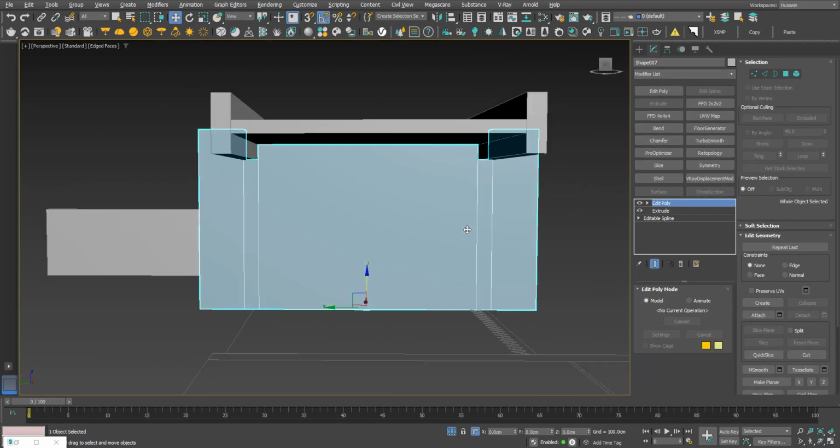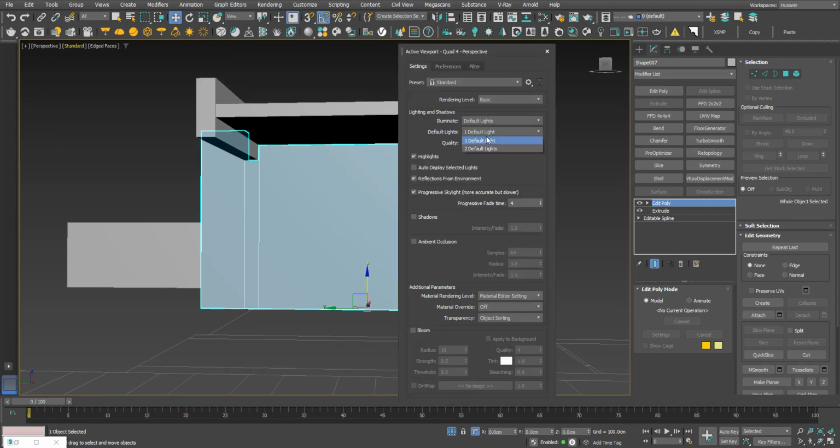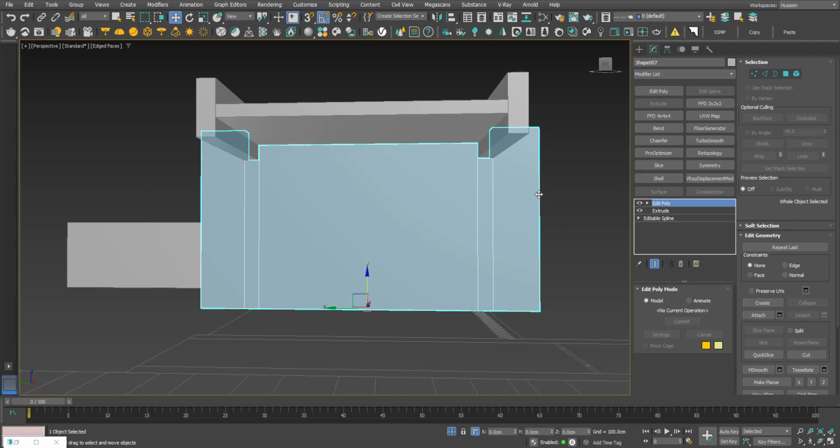Okay, let's fix the black face in the viewport. It looks better.